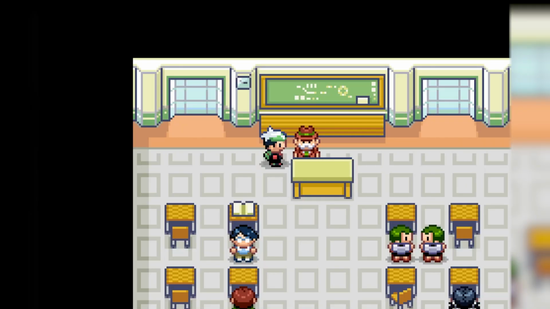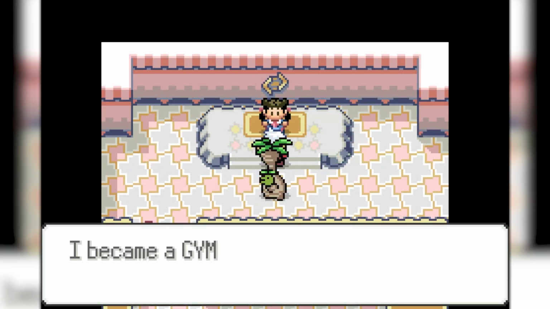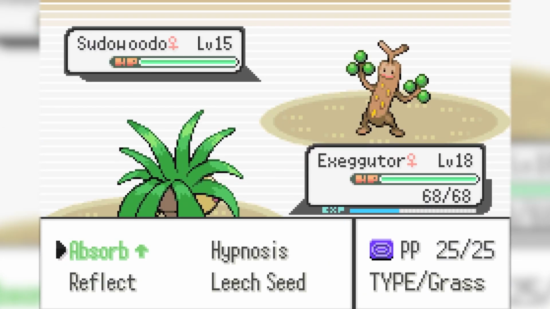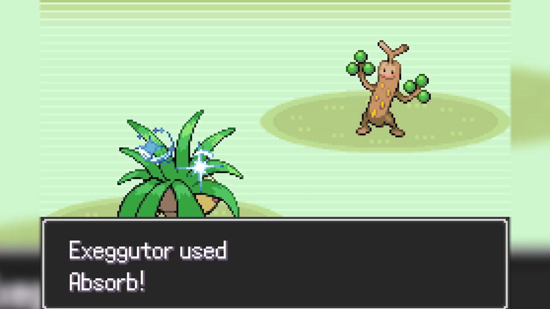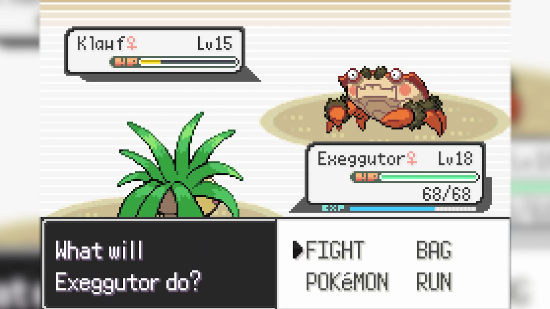In Rustboro, I give the Palm Tree a Quick Claw as its first held item because this thing's speed stat is dog meat. Time to take on the Rustboro Gym. Roxanne's stupid starting Sudowoodo can use Toxic, so I gave Egghead a Pecha Berry instead of its Quick Claw. From there, it was mostly just spamming Absorb, a weak-ass move, but it's super effective and this takes us to